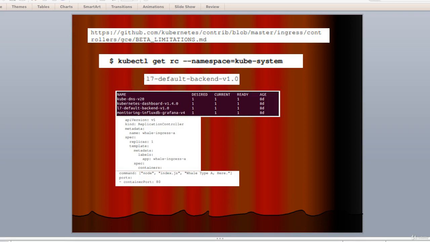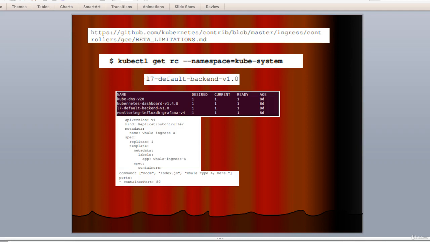Just as an application has a service and a backing pod, the ingress resource needs both an ingress entry point and an ingress controller that performs the custom logic. The entry point defines the routes and the controller actually handles the routing. Now, for our example, we will use the default GCE backend.